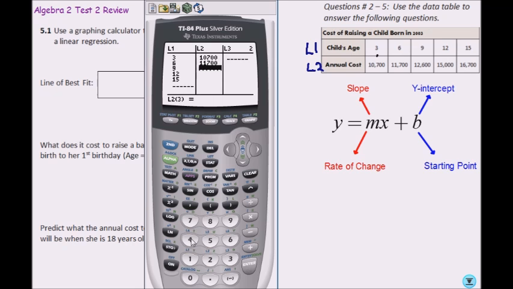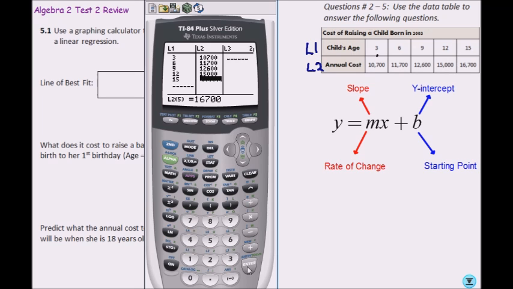11,700, 12,600. 15. Whoa, too many. And again, I typed one too many zeros there, so I can use the arrow to go back. And then what I could do is delete that out and just type it in again. 15,000. There we go. And last one,